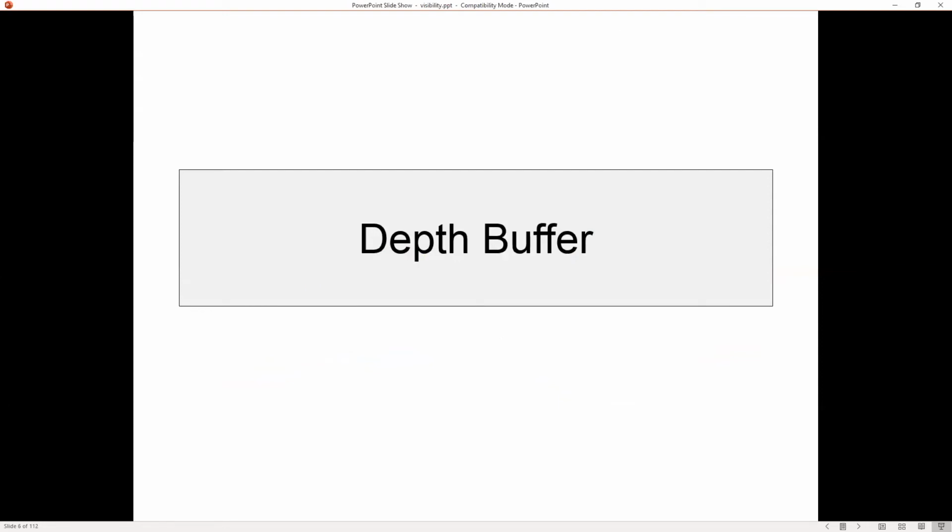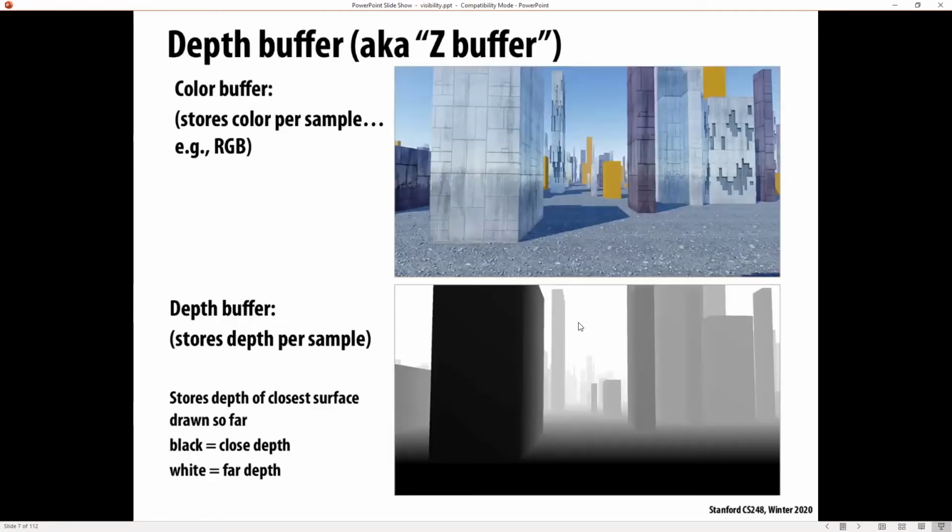So the way that all modern graphic cards do this is to use a depth buffer. So what's a depth buffer? Well, on your screen, you see a color buffer. So this you think of as the pixels on your screen. They store RGB,